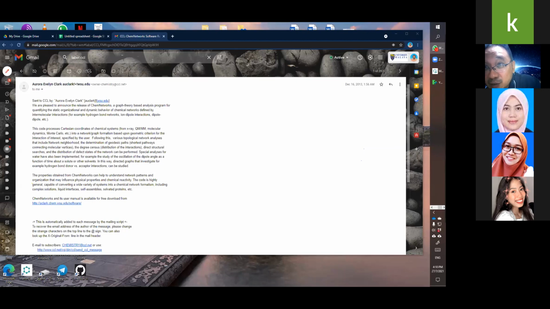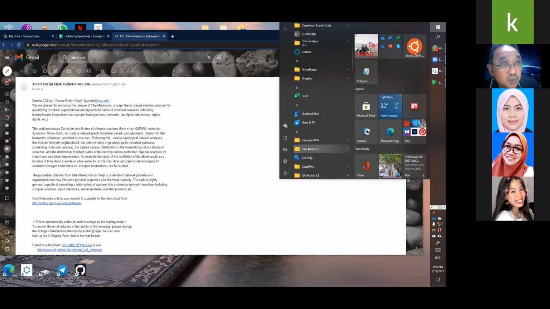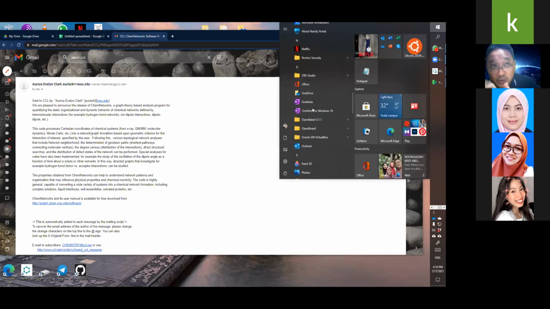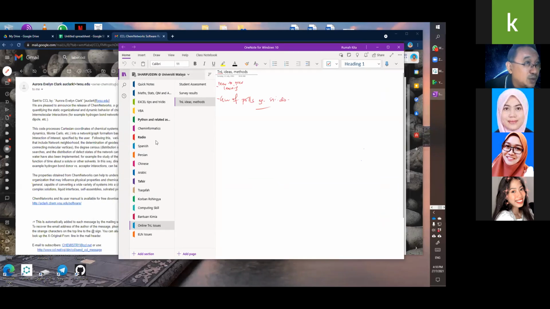For Google Keep, how will our notes be organized in terms of viewing? Right, that is one of the reasons why I don't use Google Keep for organizing proper notes. For example, I will show you. I use Google Keep to take quick notes, okay? And I also use this. So this is OneNote. The reason why I use OneNote for more organized note taking is that